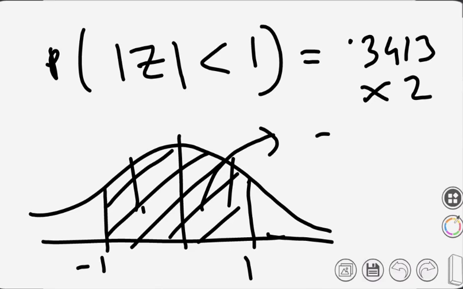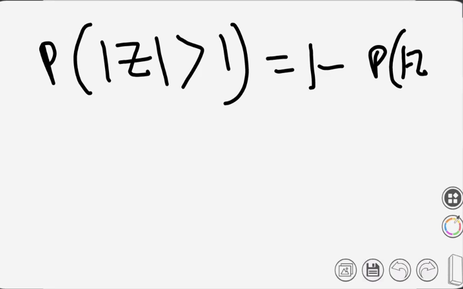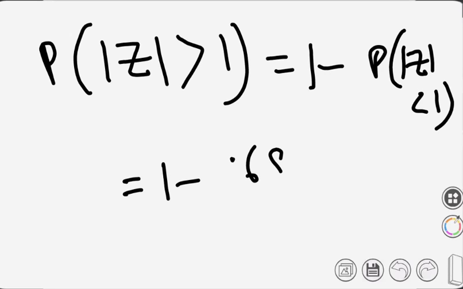Will be multiplied by 2. That is 0.6826, right? You multiply that by 2. Are you following? Now, what will be the probability that mod z is greater than 1? It will be equal to 1 minus probability mod z less than 1, which is equal to 1 minus 0.6826,